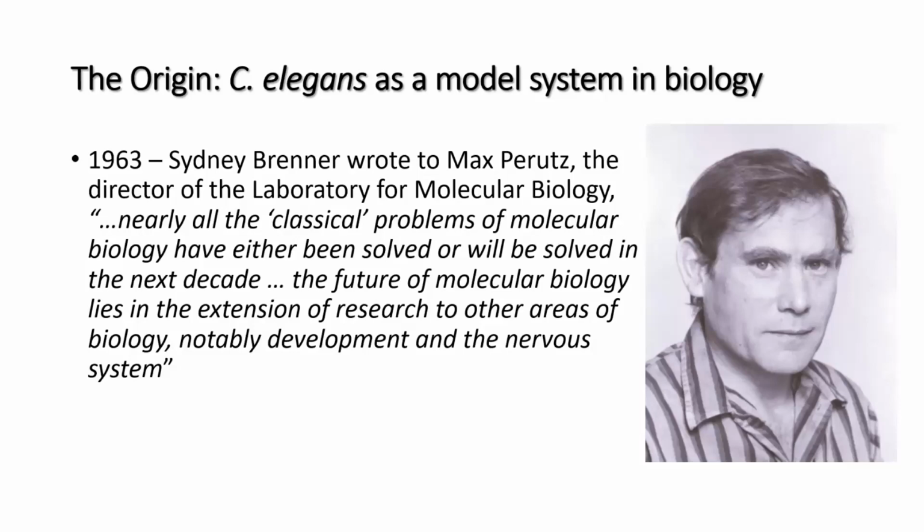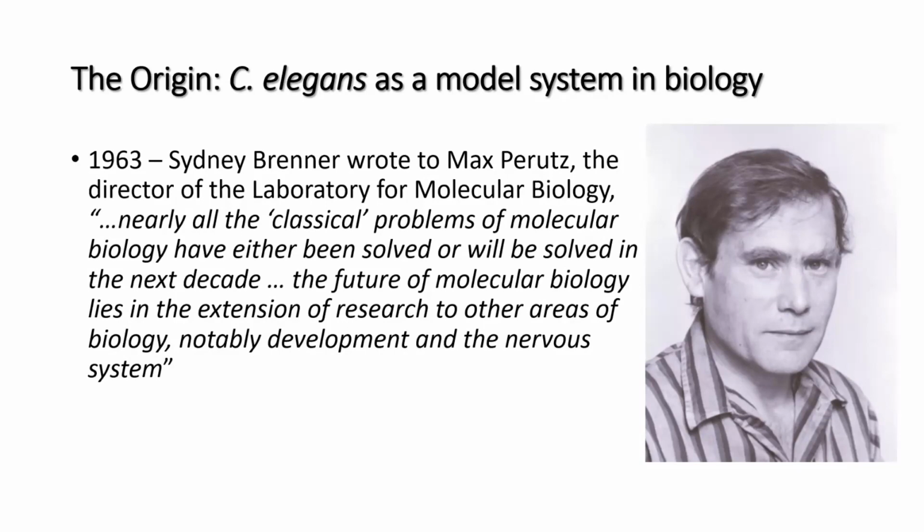He worked on bacteriophage and also E. coli, and I can't remember what his signature contribution was. I should have looked that up. But this is early in 1963. He writes to Max Perutz, who's the director of the MRC Laboratory of Molecular Biology, the house that Crick built, right, at Cambridge,